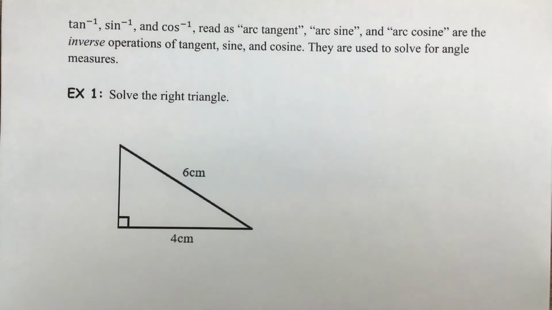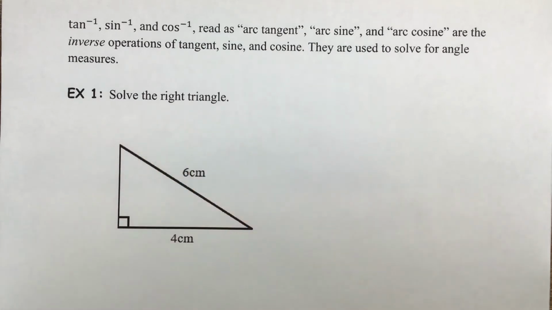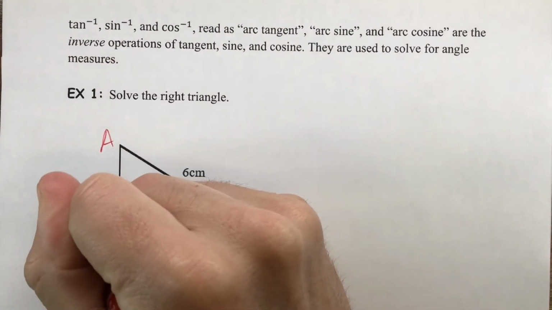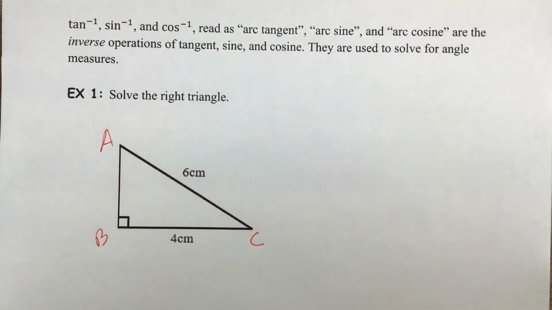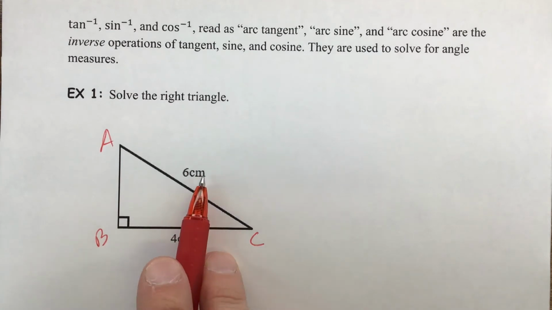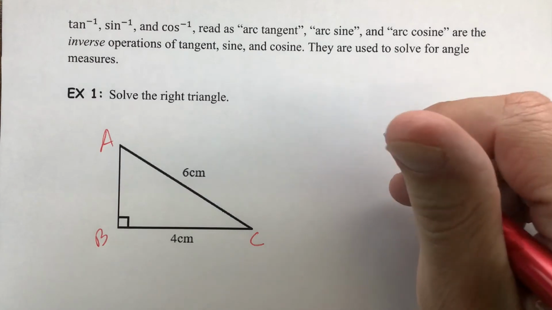So I really only have one example here, but the instructions say solve the right triangle. What that means is that we've got to solve for everything that we don't know. To get things going here, I'm going to label some stuff so that I can reference them in a little bit. Three pieces of information you get: you've got your right angle and you've got two sides that are here. So the three things that we don't know, which we're going to have to solve for,